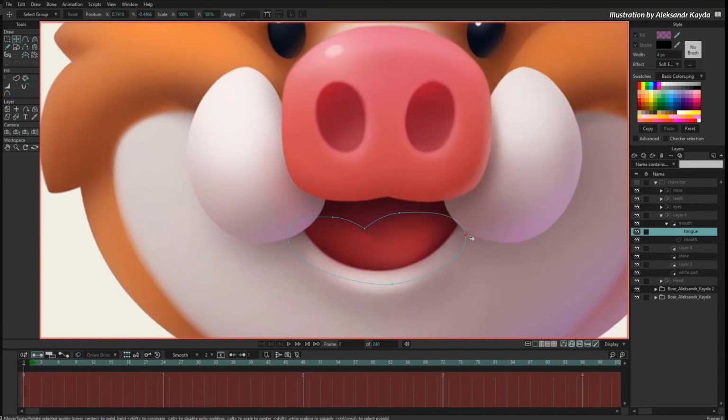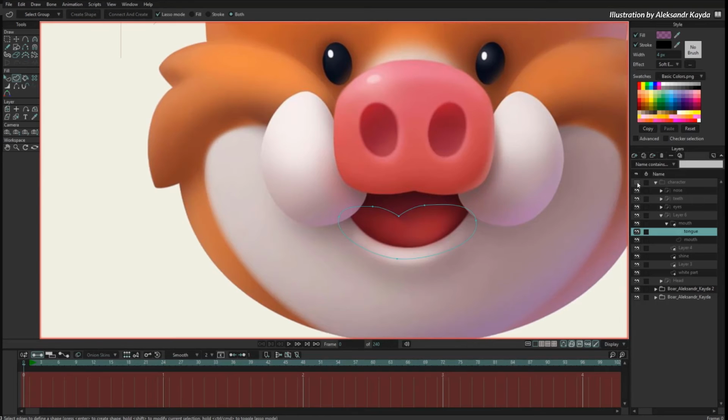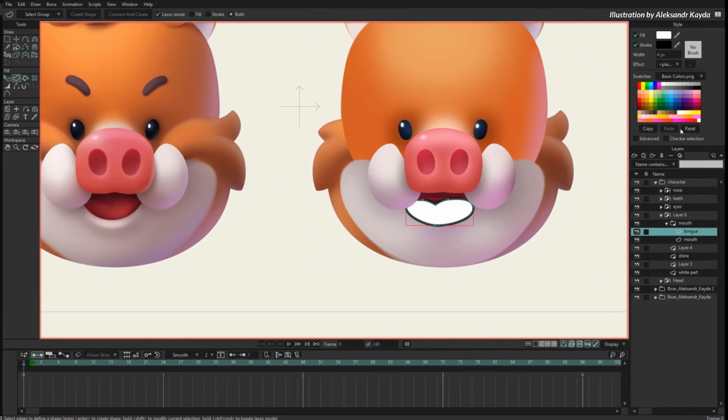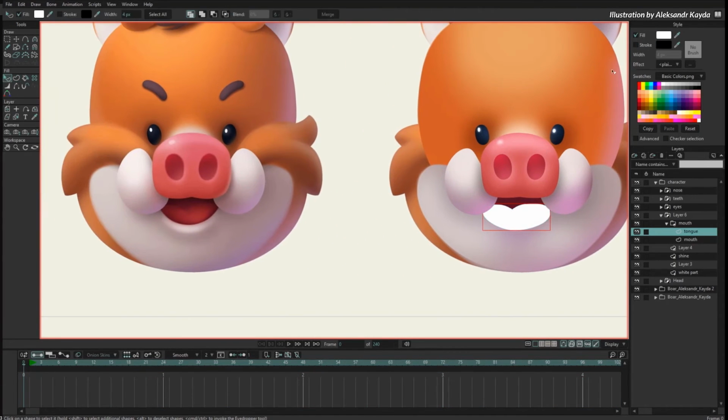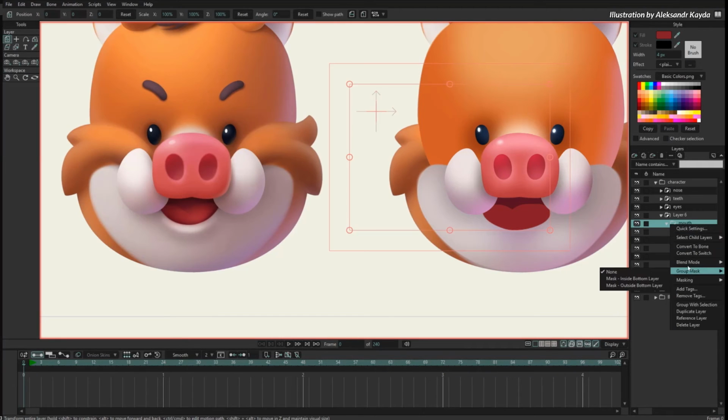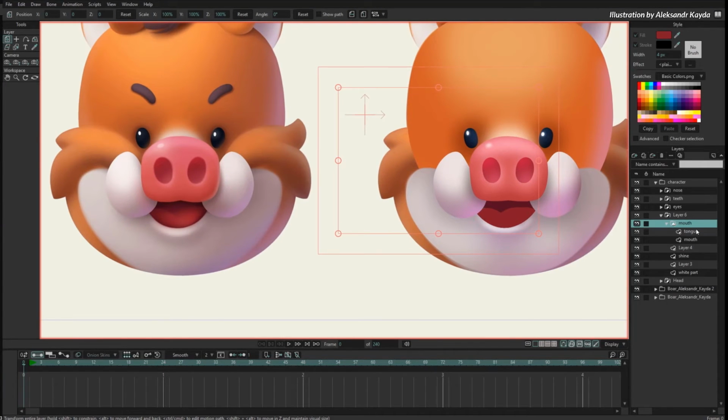So we have the main shape of the tongue. Maybe there. Alright, so now I'm going to paint this, show everything, and I will reset the color and set some neutral color for the tongue, maybe something a bit lighter there, and I will mask this group. So now the tongue is inside of the mouth,